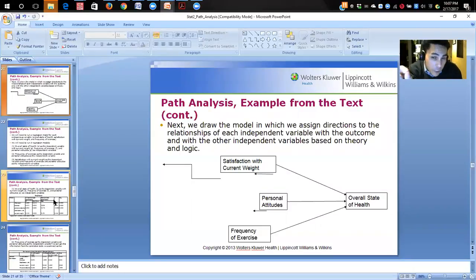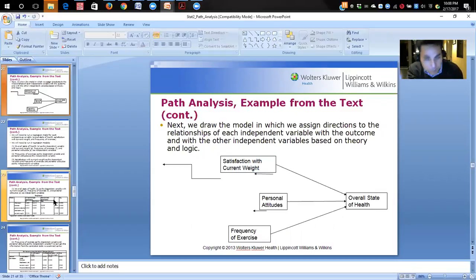It is unidirectional. It is a recursive model, which, as I've already mentioned earlier, I looked up in the dictionary. Recursive means circular, but here in statistical terms, recursive actually means non-circular, that it cannot go back to where